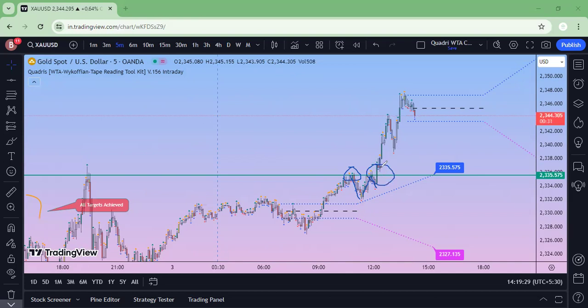Again, this particular candle has had. Are you able to see the screen properly? Are the candles clear, or should I zoom in? No, clear. Okay. So this again is a kind of testing of this particular level, and price went upwards. And this is the new zone or new range that has formed.